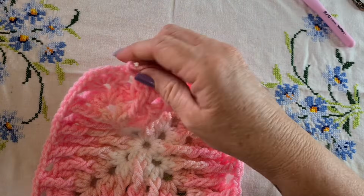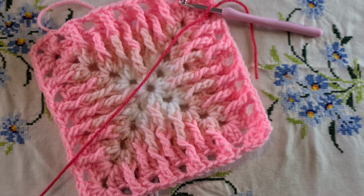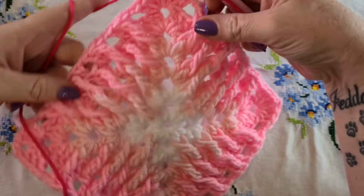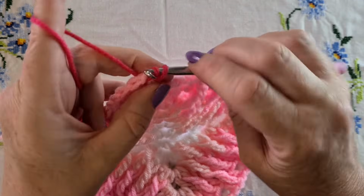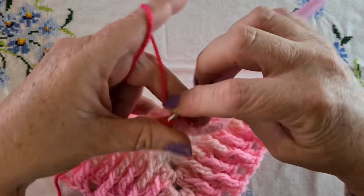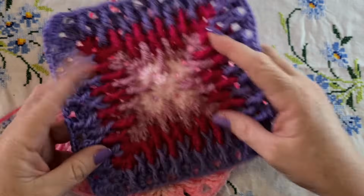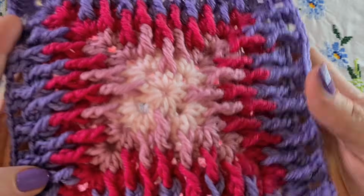and change colour. Okay, my next colour is a considerably darker pink, but again, it really doesn't matter what colours you use. As you can see, I'll just secure this onto that corner. As you can see with this one here, I've used a purple around the outside, but it still looks really